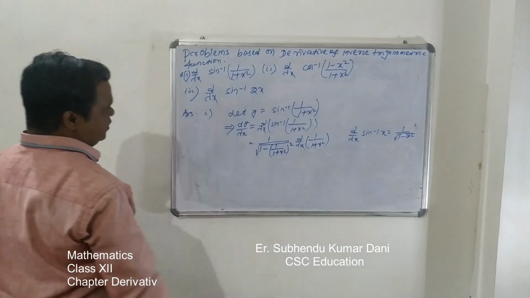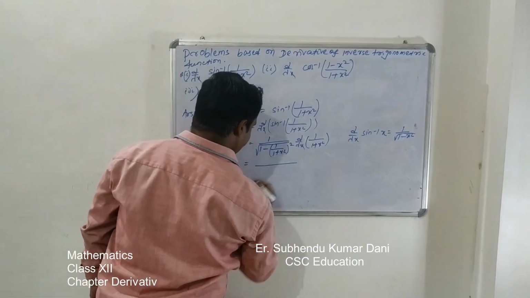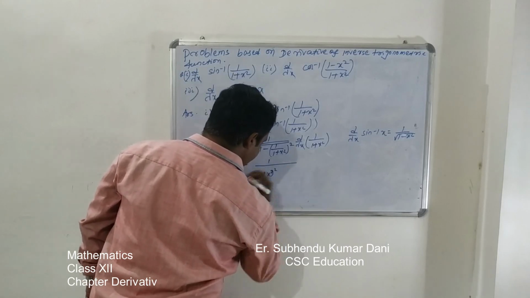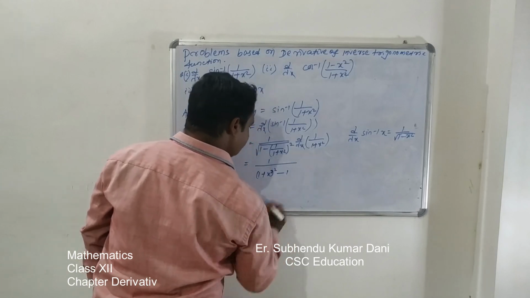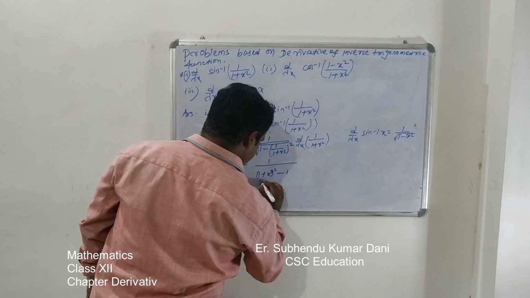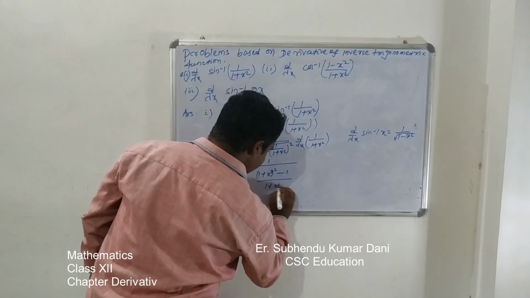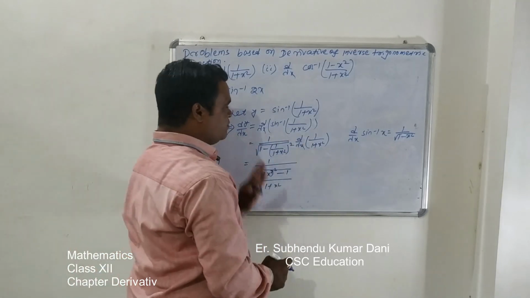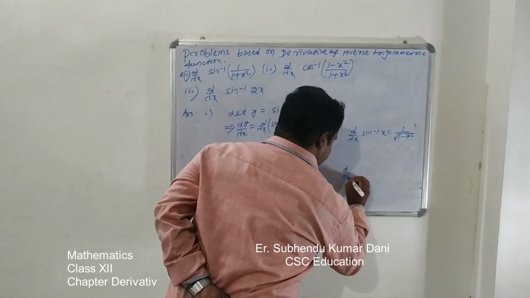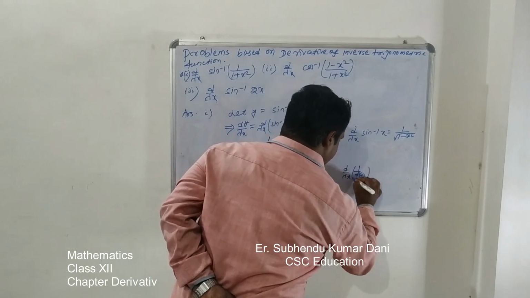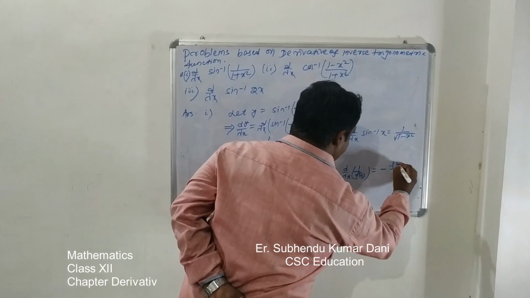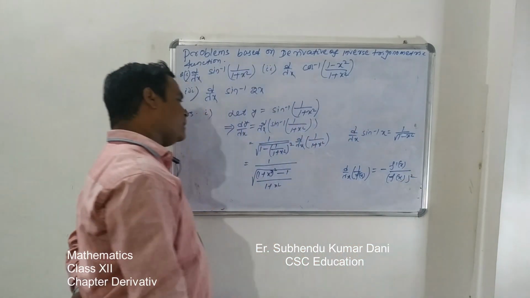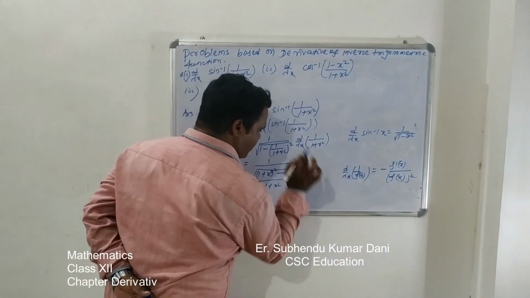Okay. So here the value is 1 plus x square, in the square root, minus 1. By 1 plus x square, total root over. Again for the derivative, this is the form. We know that d by dx of 1 by f of x equals minus f dash x divided by f of x whole square. Clear that? So this form is now here